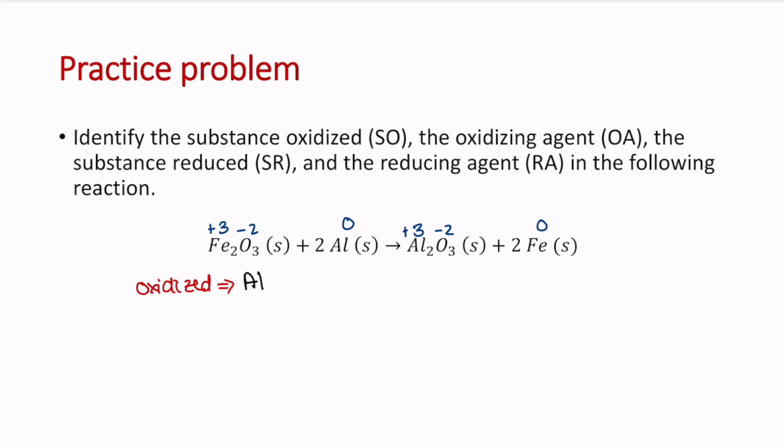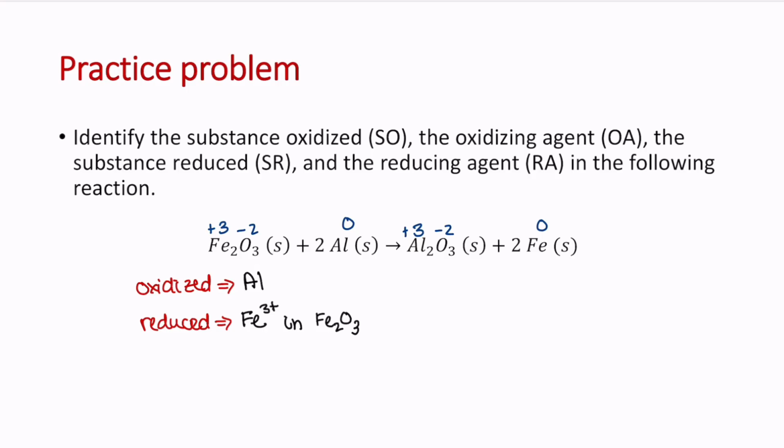Now, when we look at what is being reduced, this is where we should see a decrease in oxidation number, and that happens with iron. So that is the iron 3 plus that is in our iron 3